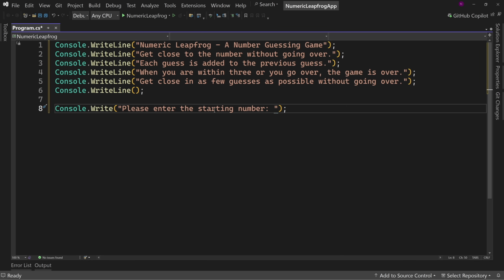Okay, so that's kind of the first step in our process: we give them the instructions and then we say, hey, I want you to enter a starting number, but I use console.write so that the cursor would stay on the same line as the request. That way the cursor is right here and they can enter in their value next. So that's what we're going to do next, actually capture information from the user into a variable. Okay, so let's come down here. We're going to say string starting number text equals